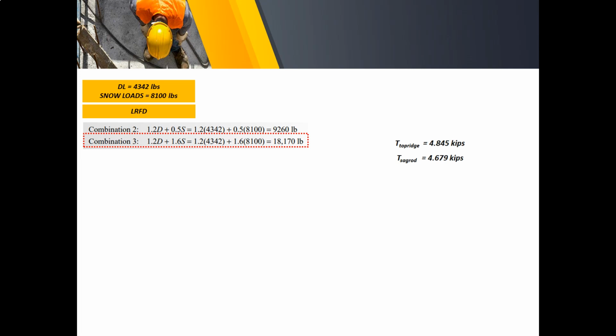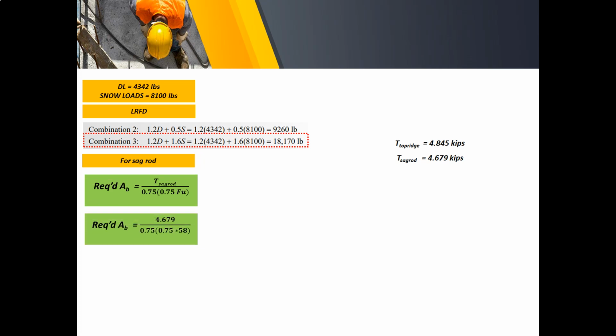Knowing that our calculated forces are the following, we have T top ridge 4.845 kips and T sagrod 4.679 kips. We can now compute the required bar area for the sagrod. Using LRFD, of course, we have this equation. The force is divided by 0.75 by 0.75 by Fe. So we simply substitute the values here and come up with the required bar area,